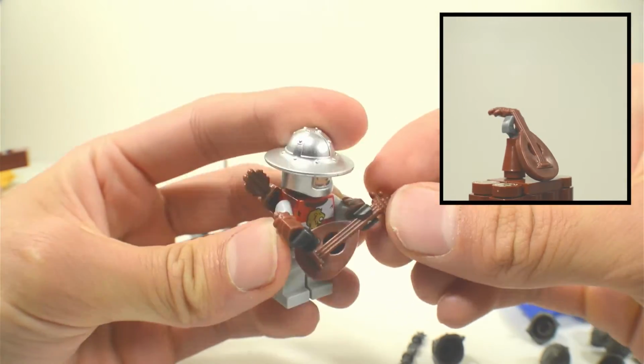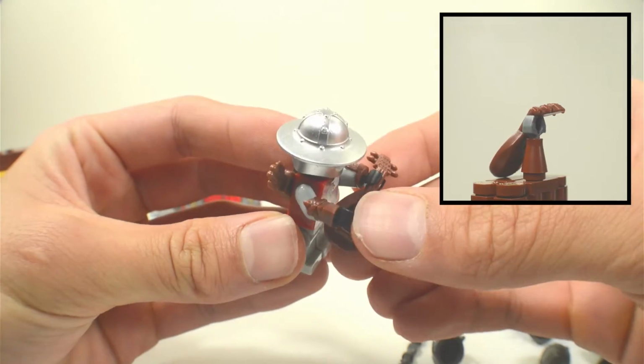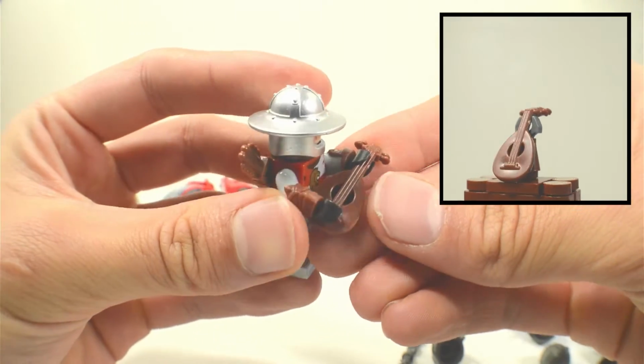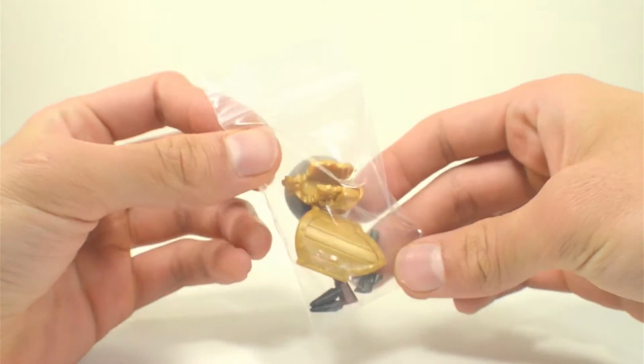Alright, next up we have the lute, or the medieval guitar, if you will. As you can see, it sits pretty nicely in the minifigure's hands, and a great addition to my medieval army. Alright, let's open up the next package, and here we have...